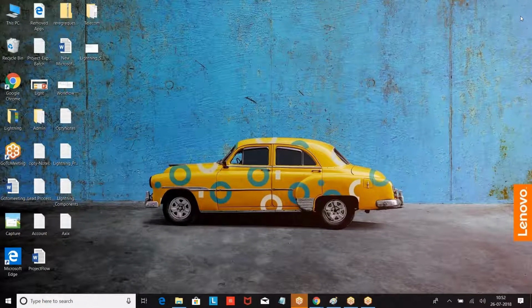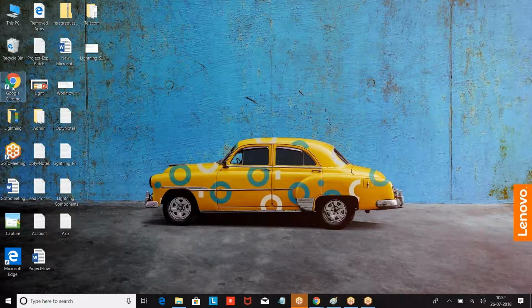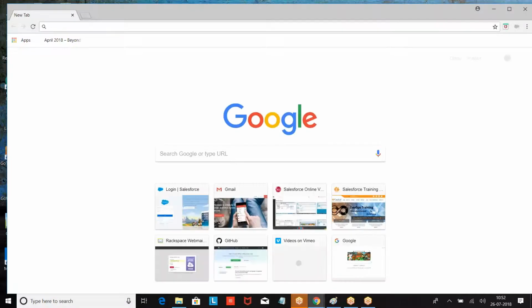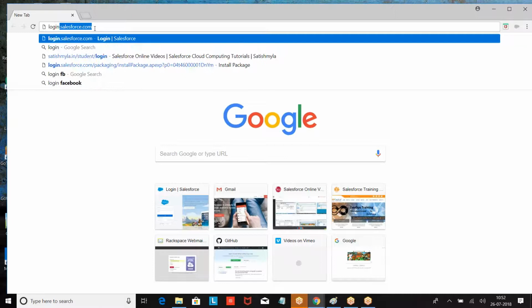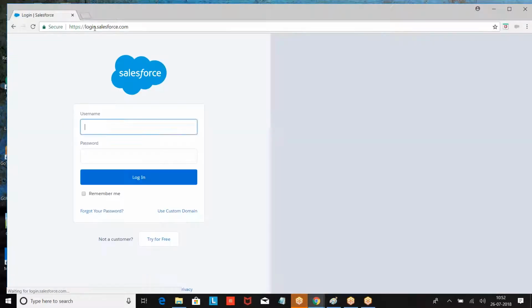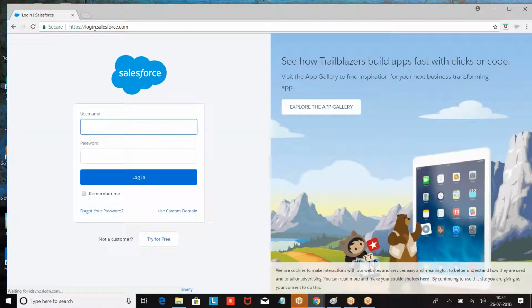Listen carefully. Yesterday, when you were creating the fields using Schema Builder, were the fields visible to you? Fields are not visible to you, right? You have created fields using Schema Builder, but still the fields are not visible to you. Fields are created within the database, but you are not able to see them.